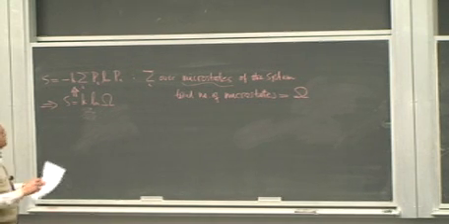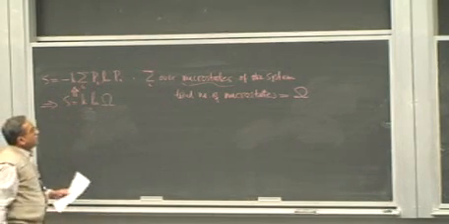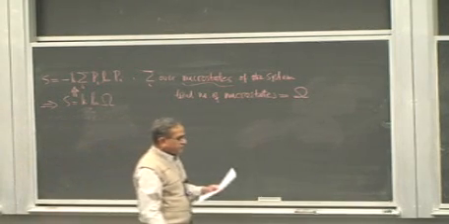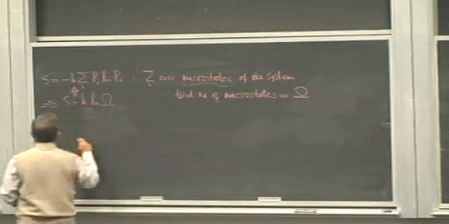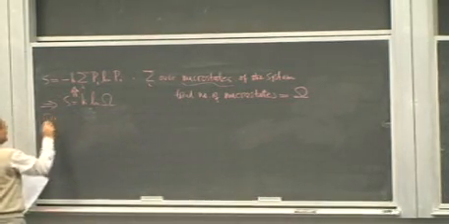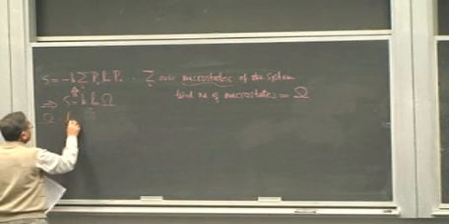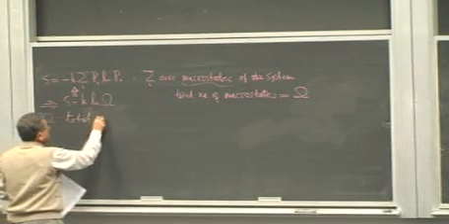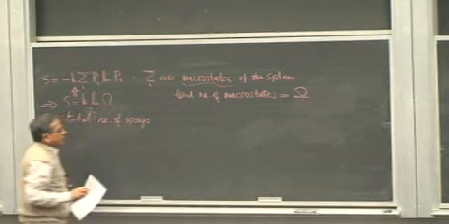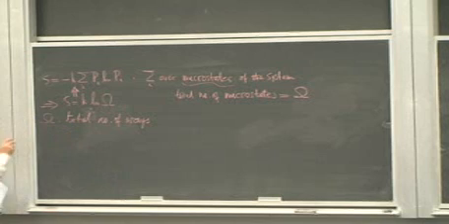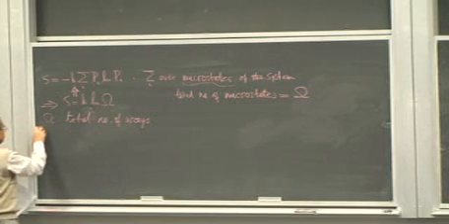Omega is total number of, we go from here to here, total number of microstates. And what is the total number of microstates? Omega is total number of ways, in one, let me put it this way, in one sense,